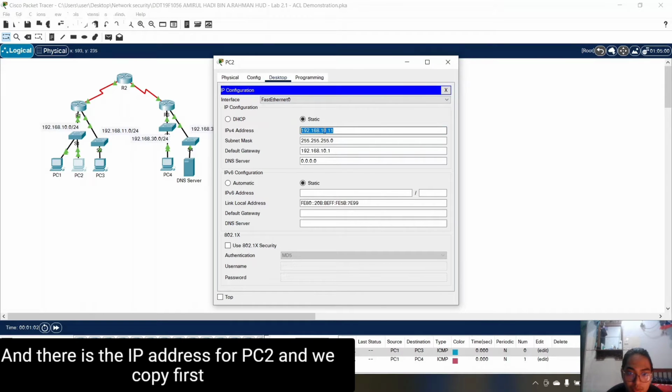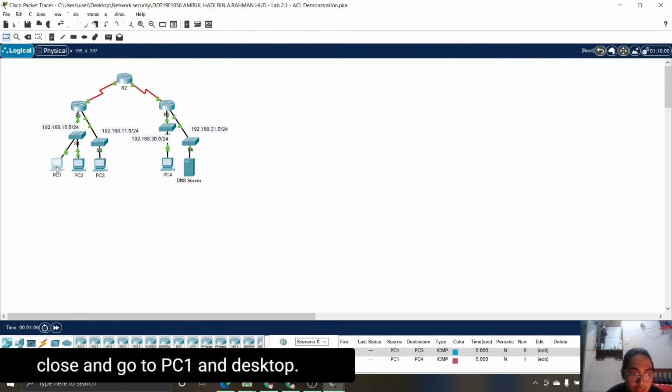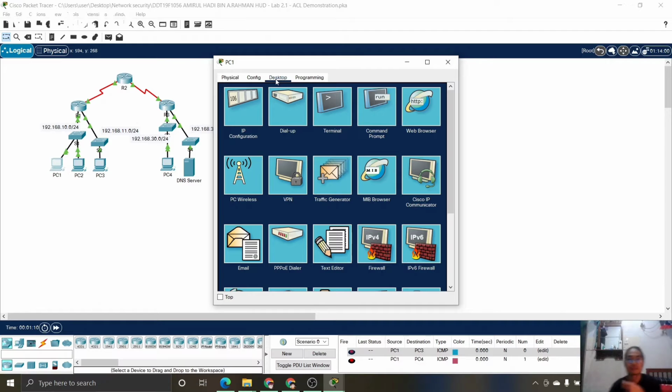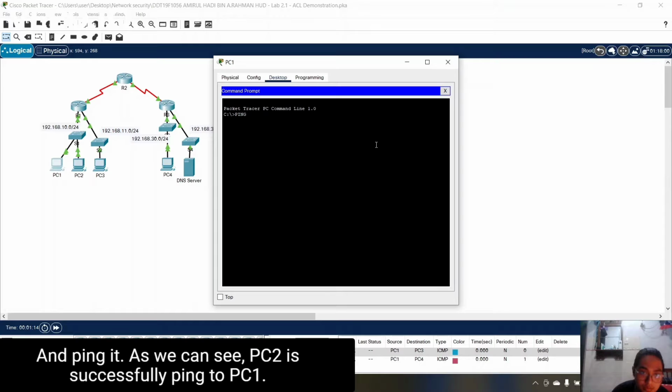We copy it first, close, go to PC1 desktop, go to command prompt and ping it. Enter.